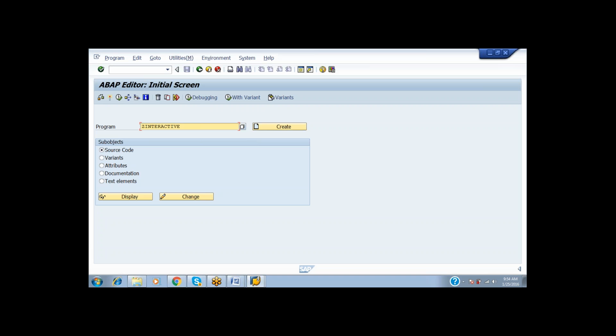It means I want to make the report of the interactive report. So how the interactive report will work, and how we have to develop the interactive report. So for that, which I am doing here